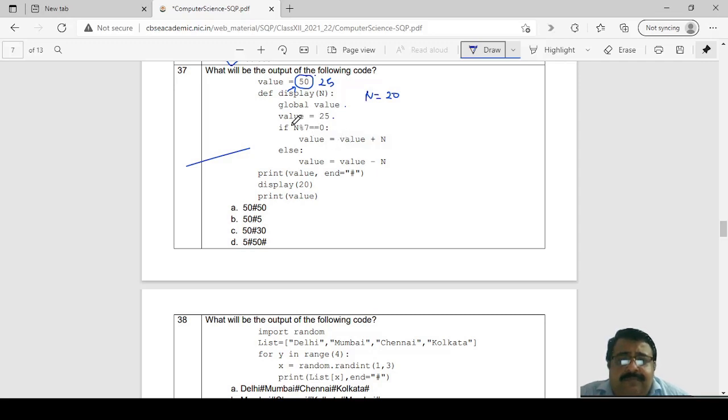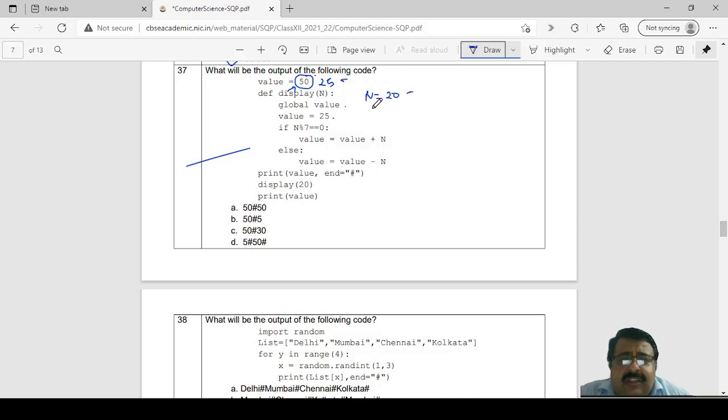Then if n mod 7, now how much is n? N is 20, value is 25.